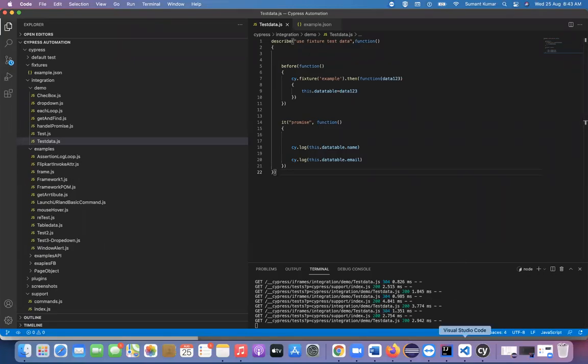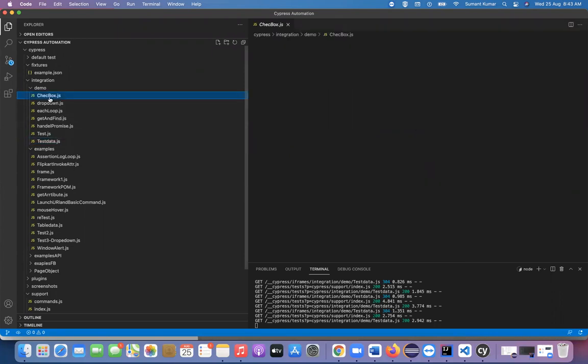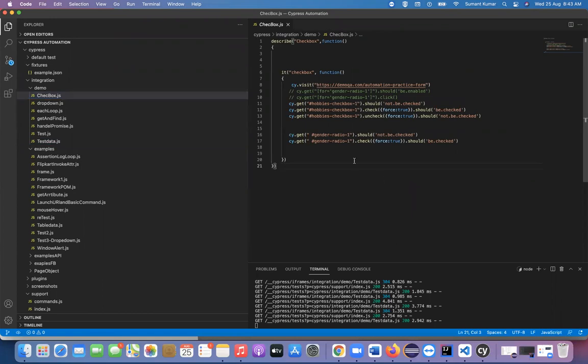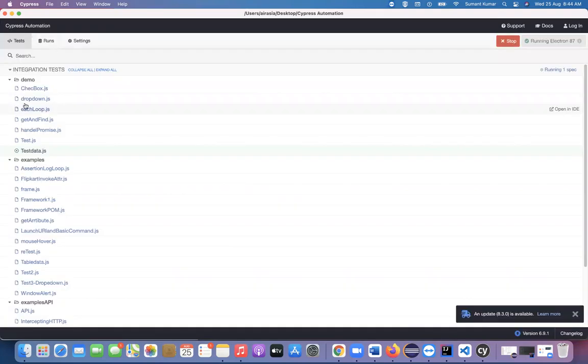So today we'll discuss this checkbox and radio button. For that, let me close this. I created one method here for radio button and checkbox. First I will comment out all of this, and I will show you from scratch how it will work. So I'm saving this and closing this part and checkbox.